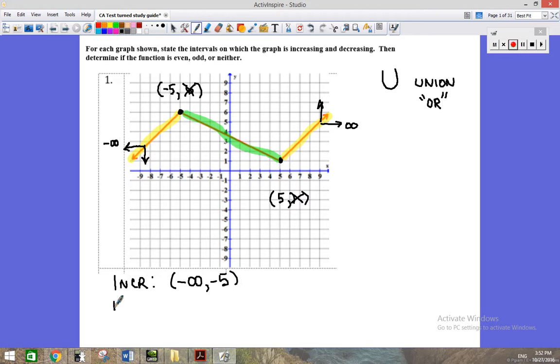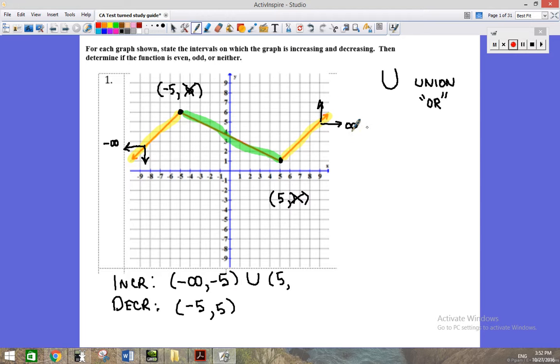Now, I've noticed that some people just jump in right away and say, okay, well, on the next part, from negative 5 to positive 5, we're going down. The function is decreasing. Then there's a change, and I'm going back up again, so I have to come back up to the increasing, and the x-coordinate is 5,